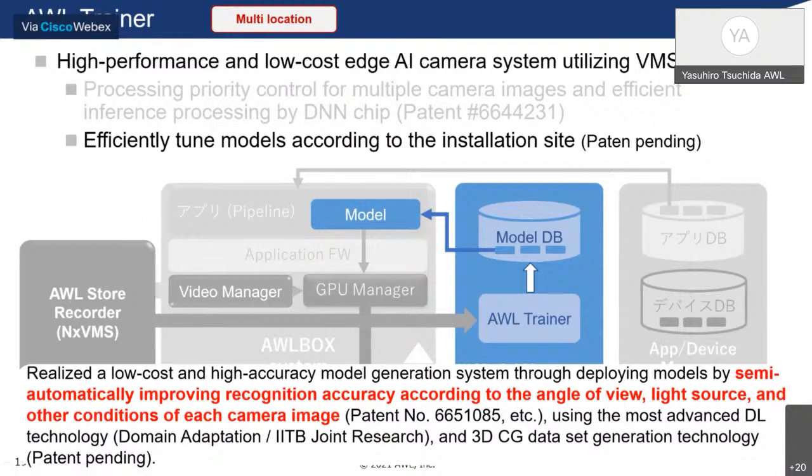The server side fine-tunes the model with semi-supervised learning technology. So just 1% of all video data should be annotated to proceed with the fine-tuning process. We train the model that will be deployed to the device, so we can train the model for many environments without much cost.